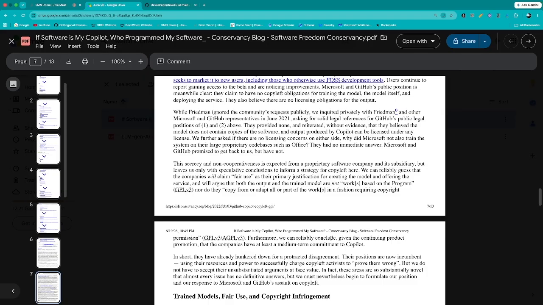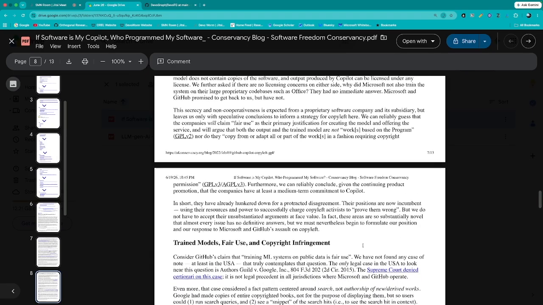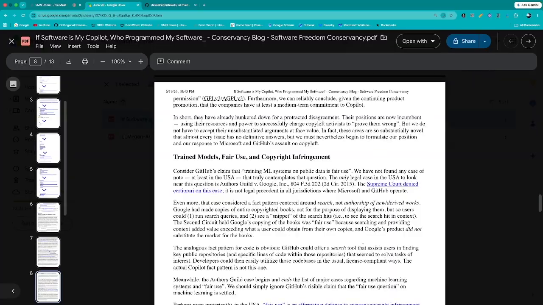Furthermore, we can reliably conclude, given the continuing product promotion, that the companies have at least a medium-term commitment to Copilot. So this gets into the issue of training a model on things that have copyright protections or sometimes copyleft protections.